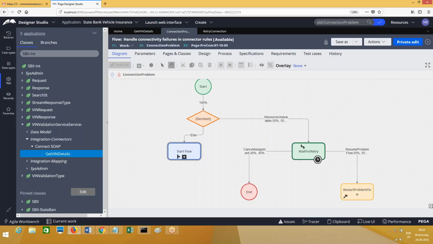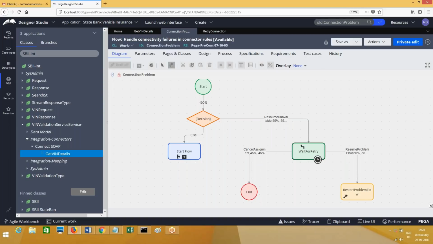Okay. Now after that, you have fixed the issue. So when you fix the issue, you have to go to this one. What is that? This assignment, manually incomplete connection work basket. What you have to do is cancel the assignment. This assignment is no more required. If you feel the issue is fixed, you have to cancel the assignment. You have cancelled the assignment.